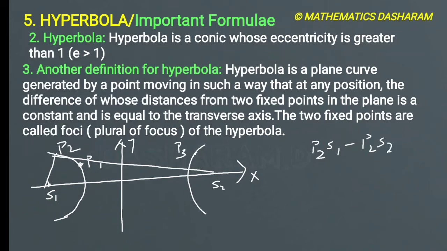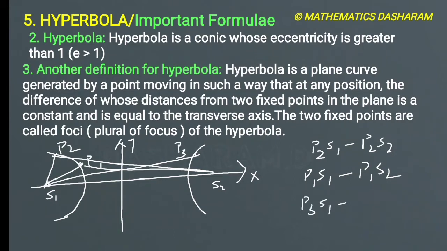Next, the second difference, P1S1 minus P1S2. Next, the third difference, P3S1 minus P3S2. So these are all equal to a constant, that means all are equal, and these are all equal to